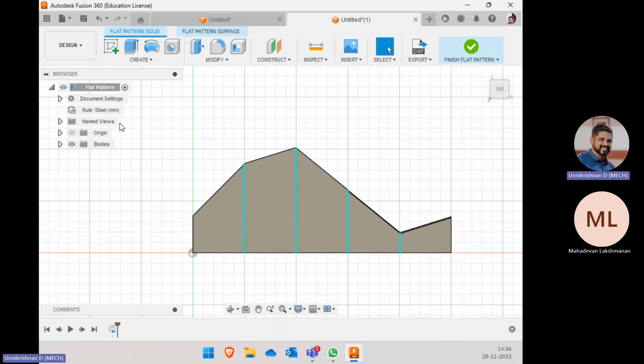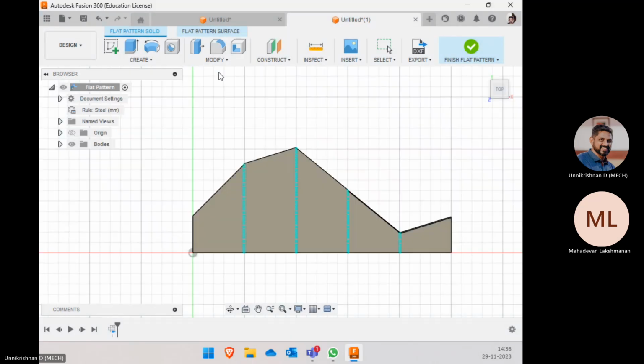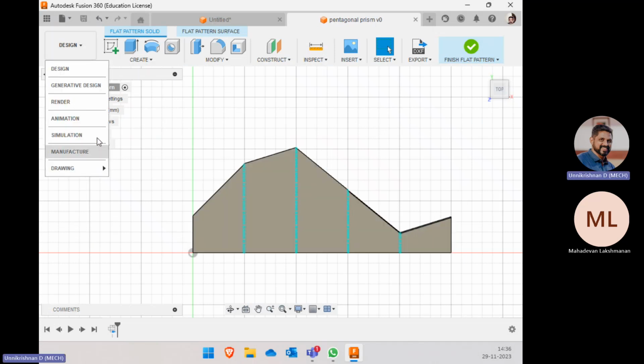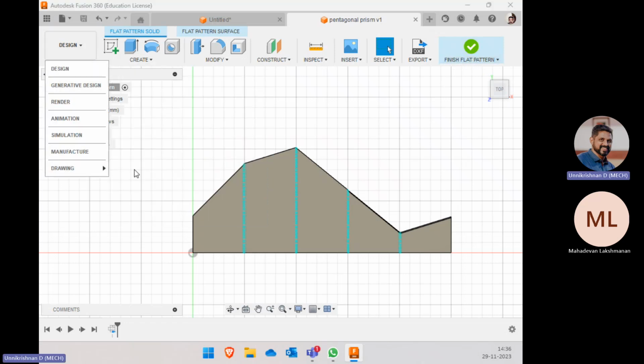Now how to take this into a drawing? So let me just save this first of all. Any drawing can be made only with the model. So pentagonal prism. I have named it. Now remember, your flat pattern should be active. You see here, I have not clicked the finish flat pattern. So design, draw in that